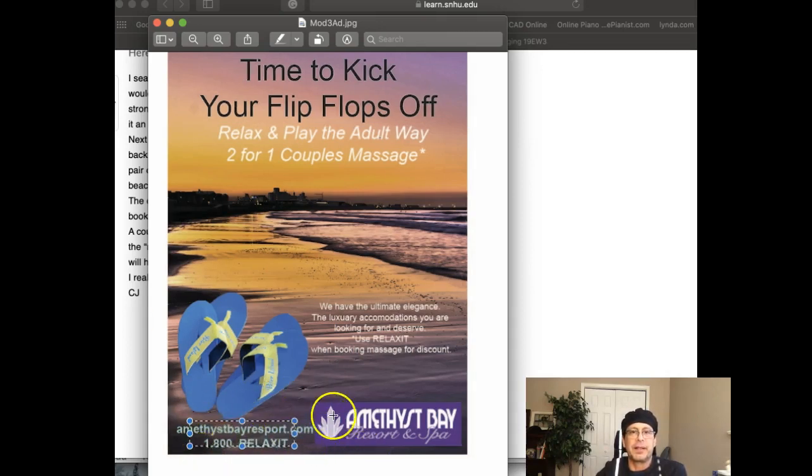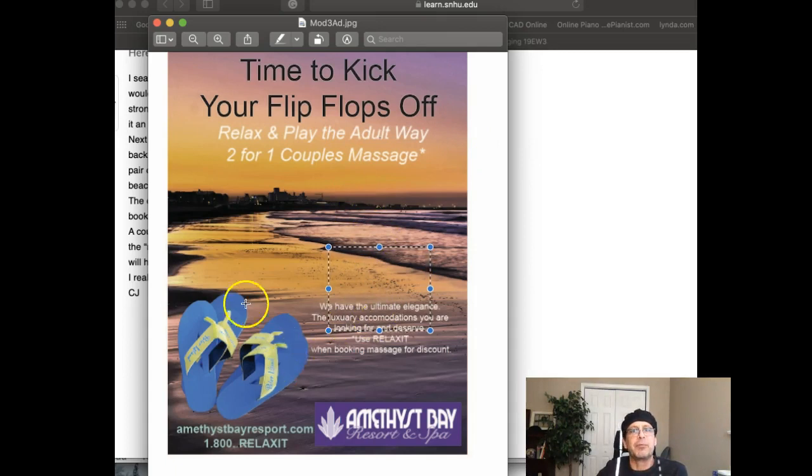Then what you're going to do is take this logo right down here, leave it there. That's a great placement for the logo. But what we're going to do with the body copy is move it up a little bit to about here. You may have to resize that logo when you resize this type down here, but follow that left side of the logo up and start your text box in alignment with the left side of the logo. Text box maybe something like that. Right above the flip-flops, not next to the flip-flops, because right now it looks like this is a caption for the flip-flops. So above the flip-flops, and then